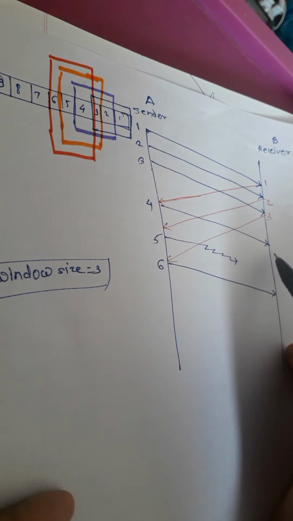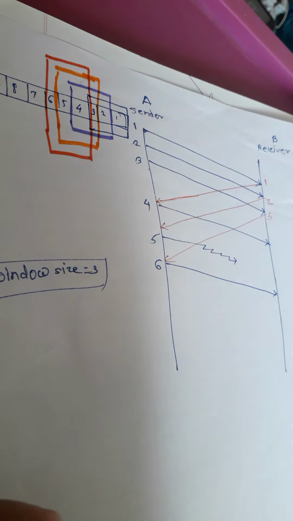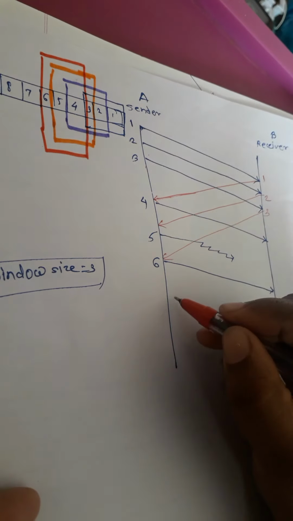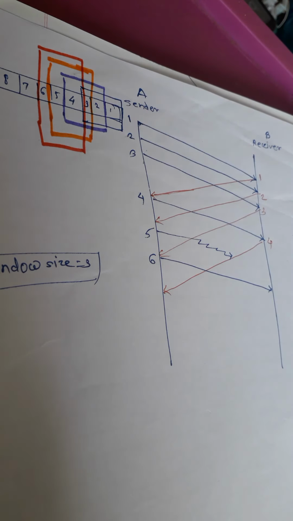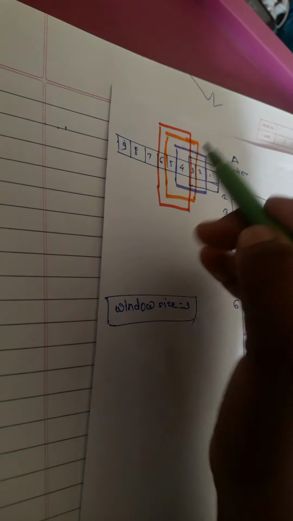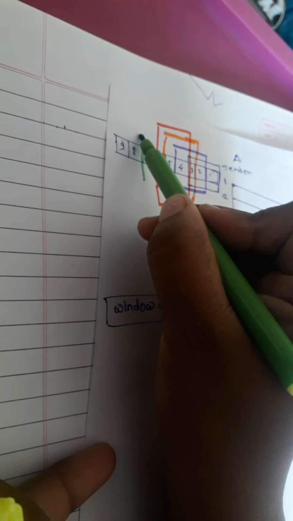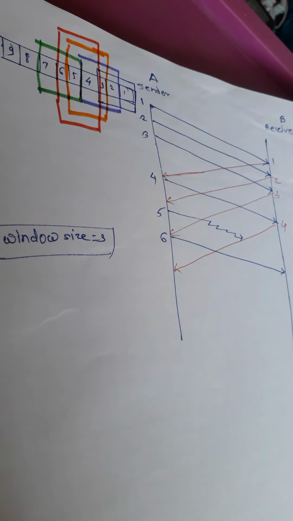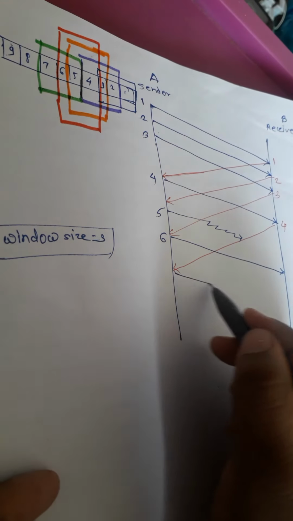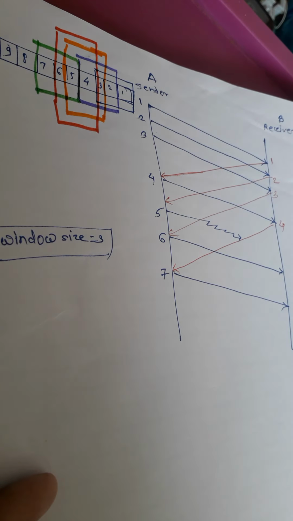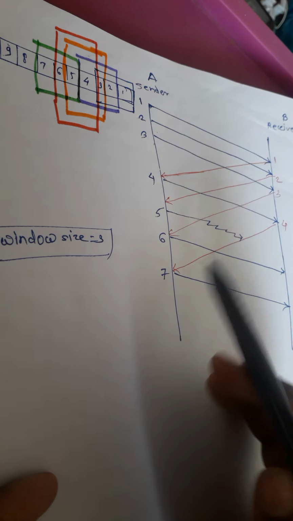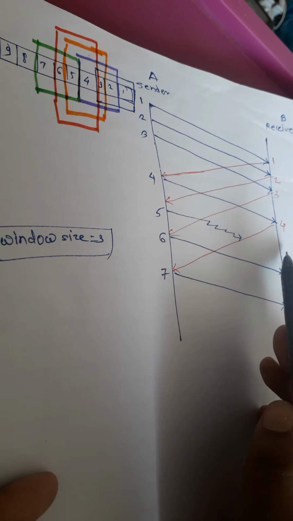Now the 4th will be received by the receiver, and the receiver is going to transmit the acknowledgement. After receiving the acknowledgement for the fourth one, the window shifts again to the left. The new window will have 5, 6 and 7, of which the 5th and 6th have been transmitted. The 7th the sender has to transmit, so the sender will transmit the 7th one. Now we have to keep a record of the 5th frame: it has been transmitted but not received by the receiver.